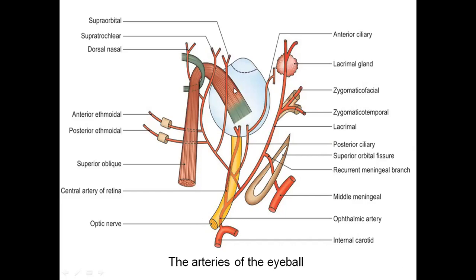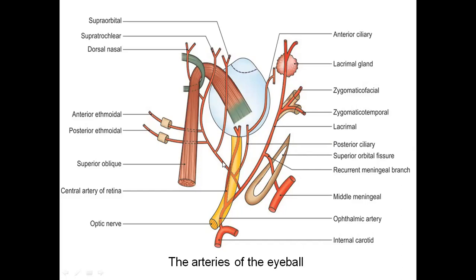This is the optic nerve coming from the eyeball. You can see the blood vessel which is going inside the optic nerve; you call it the central artery of retina. Apart from that, the other branches we see are, this is the lacrimal artery. And then we have the other branches which are moving